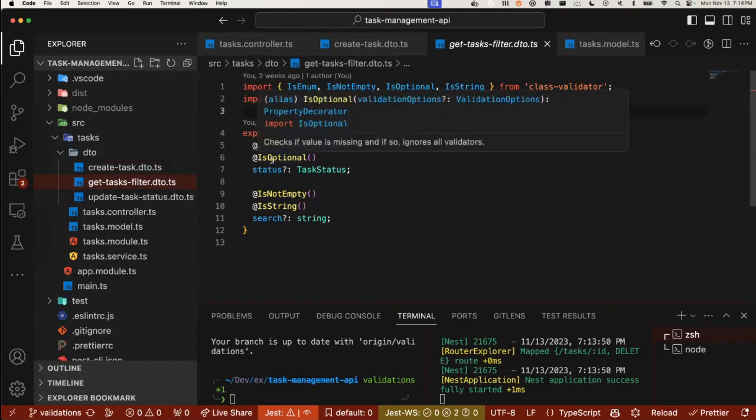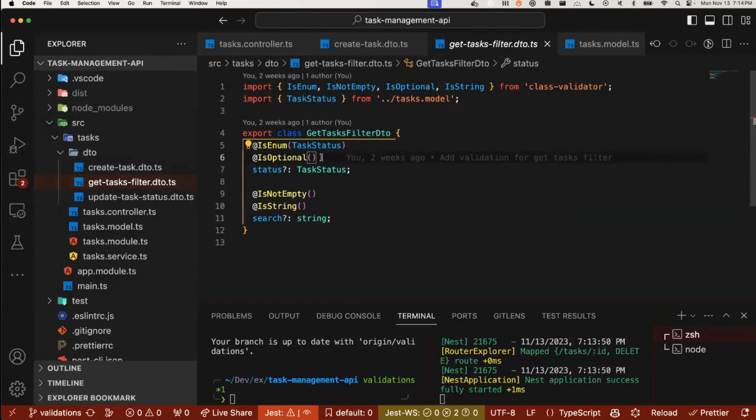This was actually a mistake; I tried to edit my Git history, but it didn't work. So this is how it's supposed to be for status. It should be optional. We don't want to require them to provide that query parameter. And we want the task status to be one of these enums. We want it to validate and say, hey, well,